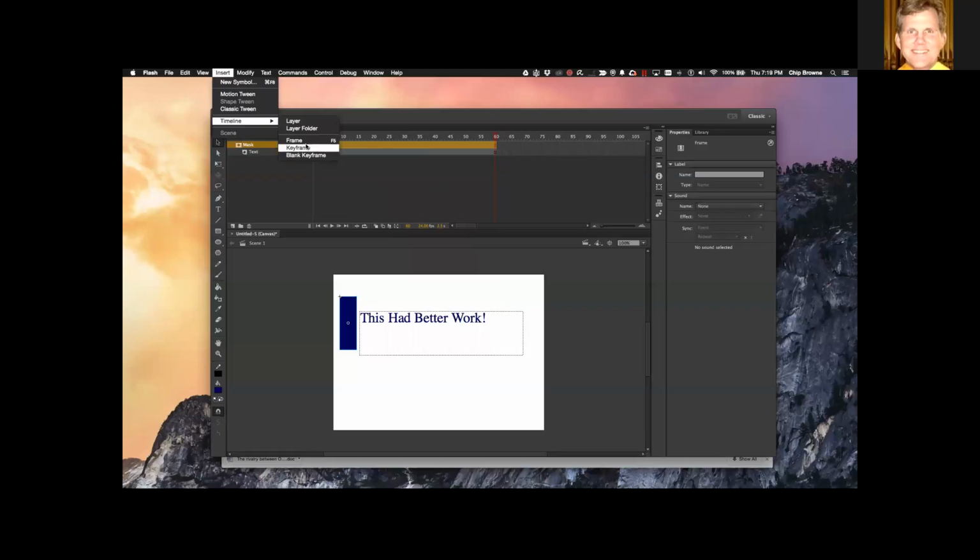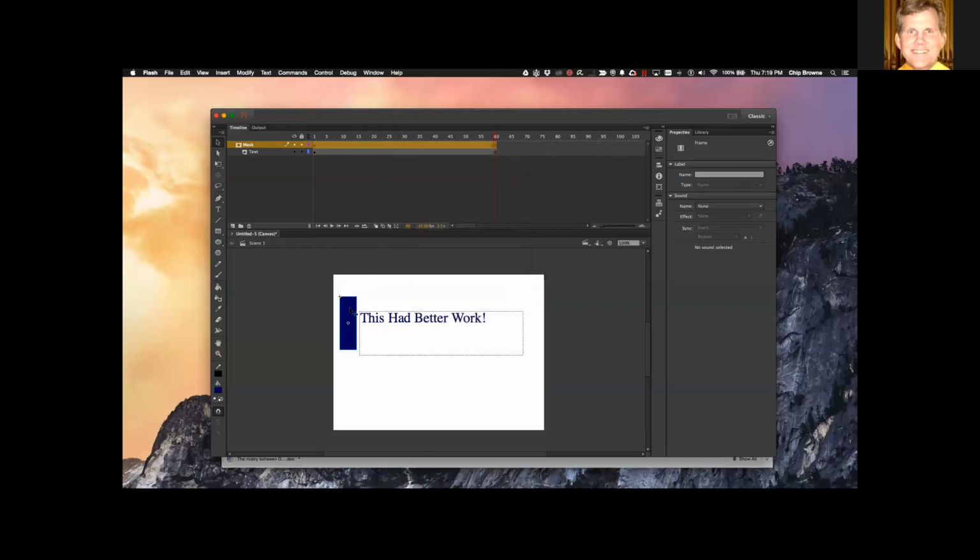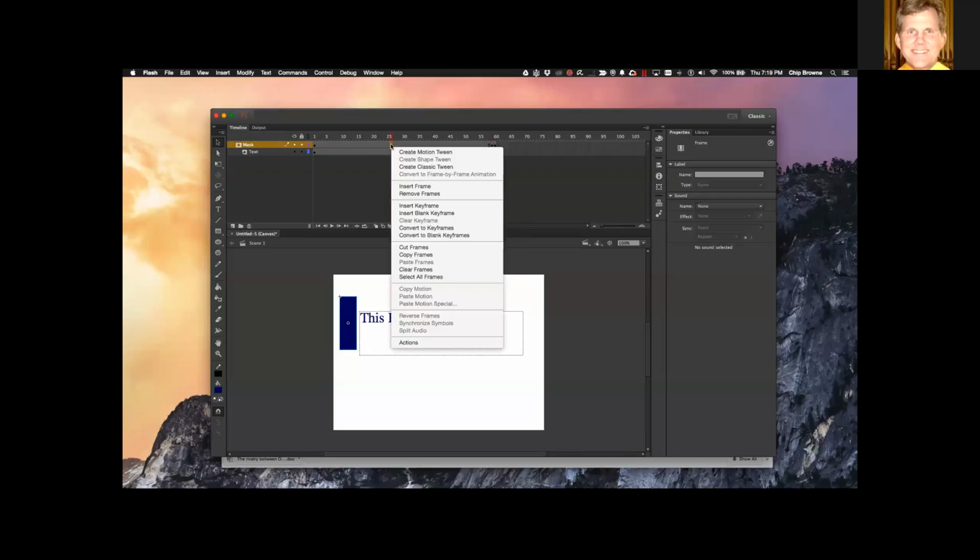So insert keyframe. Now we can, this is a symbol. Click there, insert keyframe, right click,